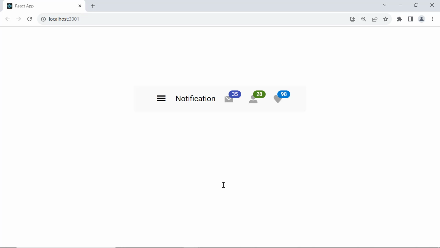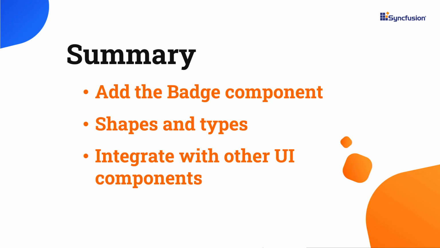Looking now, the badge component is integrated with the toolbar. In this video, I have shown you how to add the badge component to a React application. I have also shown you different shapes and types of badges, and how to integrate the badge with other UI components. If you would like to see a working example of this, you can download it from the GitHub link